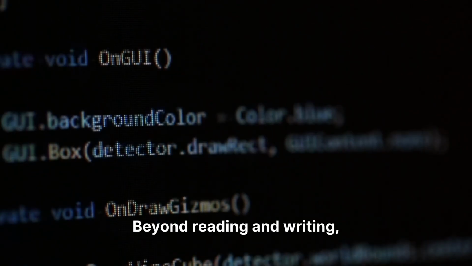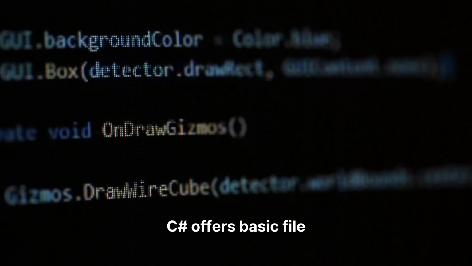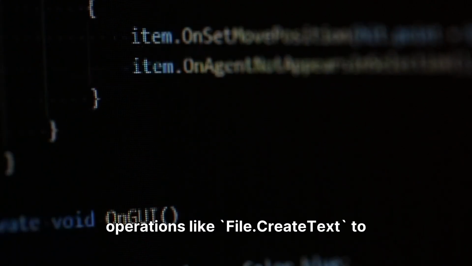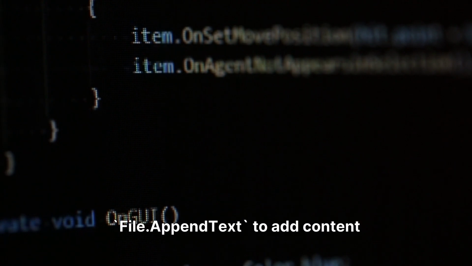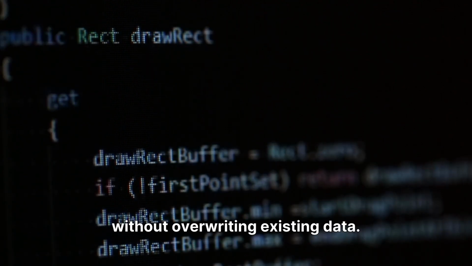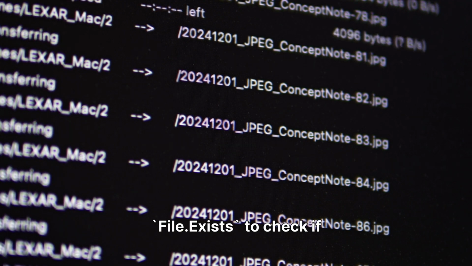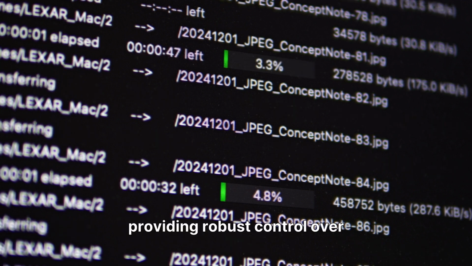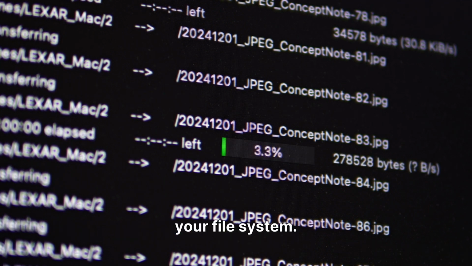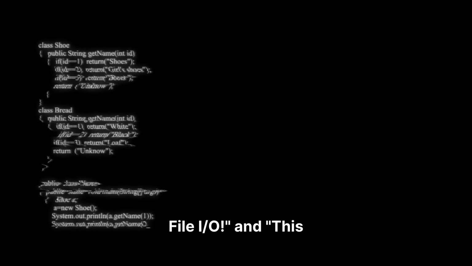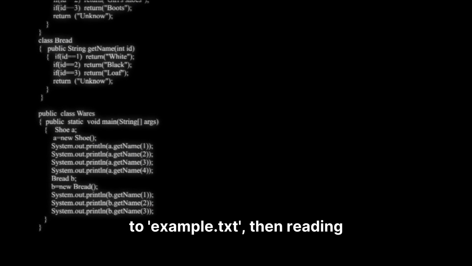Beyond reading and writing, C# offers basic file operations like File.CreateText to create new files and File.AppendText to add content without overwriting existing data. You can also use File.Delete to remove files and File.Exists to check if a file is present, providing robust control over your file system. Let's look at a quick example. This C# code snippet demonstrates both writing "Hello, File IO, and this is a new line" to example.txt,